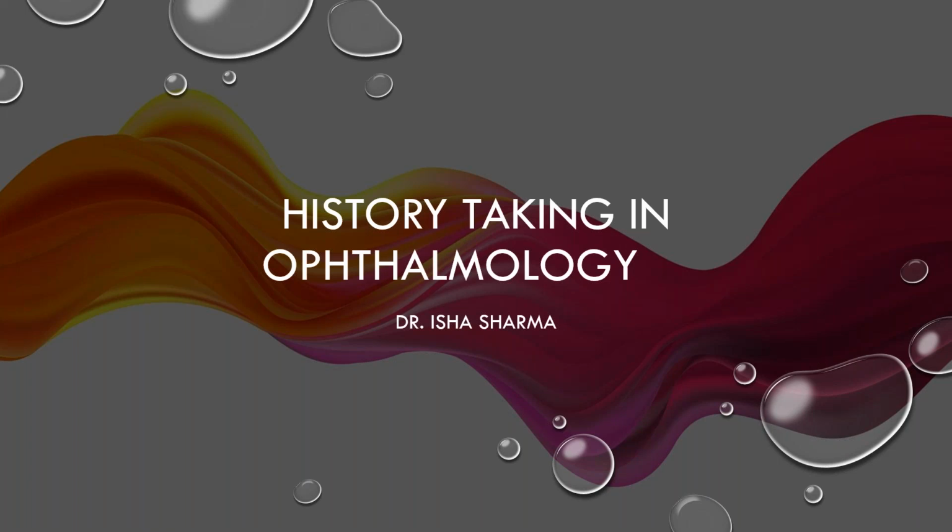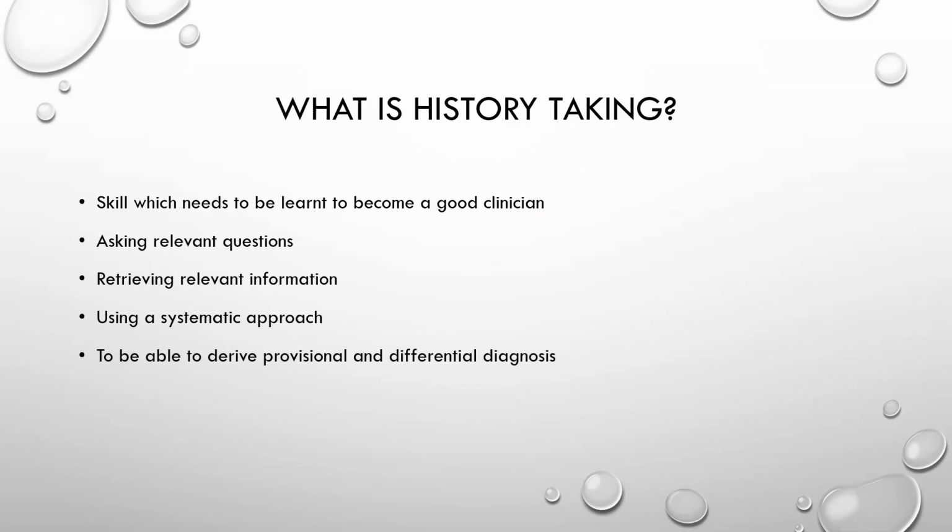And not just to become a good clinician, to be able to even reach a diagnosis or a differential diagnosis, you have to be able to elicit a very good history. Now, how can you make sure that you elicit a good history? Basically, you have to learn it over time, first of all. And the second thing is that there is a structured pattern of history taking, an actual format in which you're supposed to record history. So even if you do not have those formats in the hospital, you should know that this is the order in which the history is supposed to be taken.